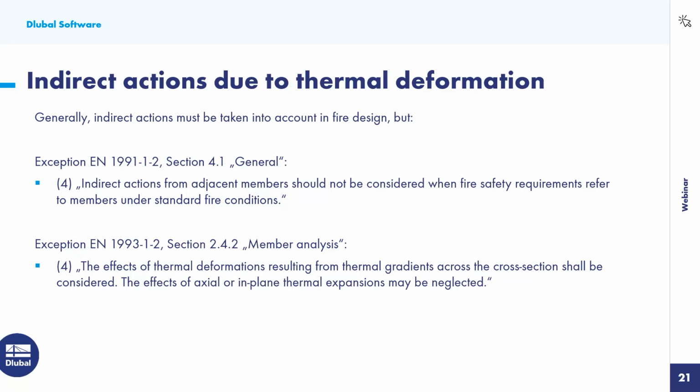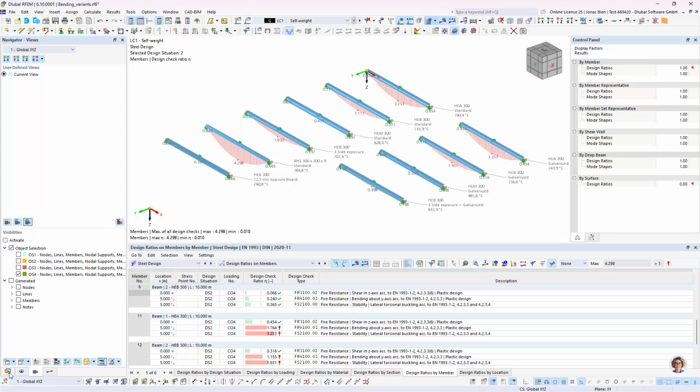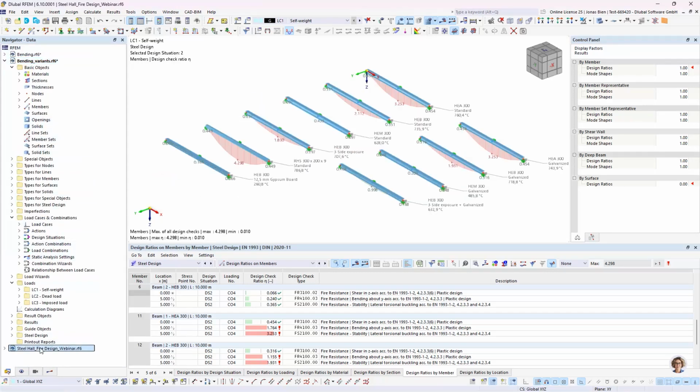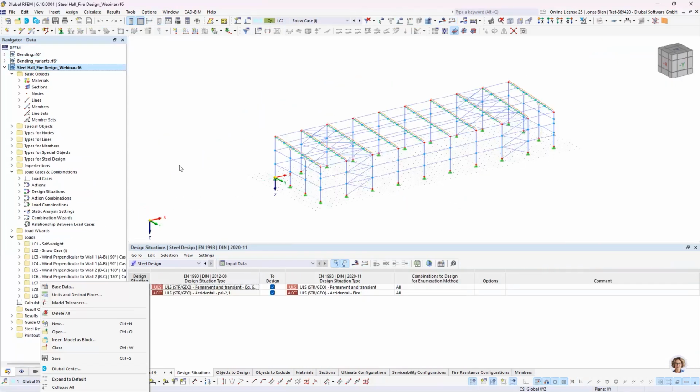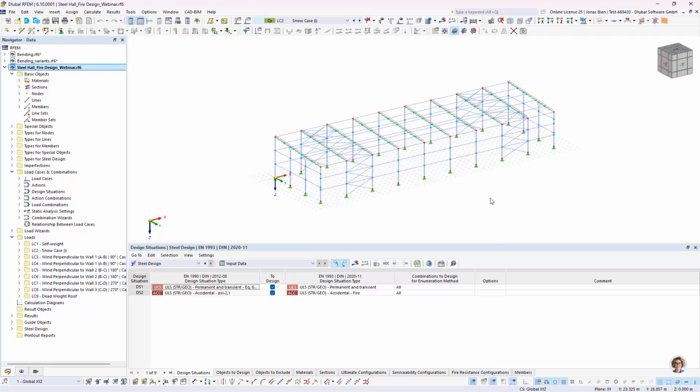Okay, let's go back to the program and go into the third model I have prepared, which is basically the steel hall that you have seen on the slide before. In order to take the indirect actions or to calculate these indirect actions, we first need a temperature that we want to apply